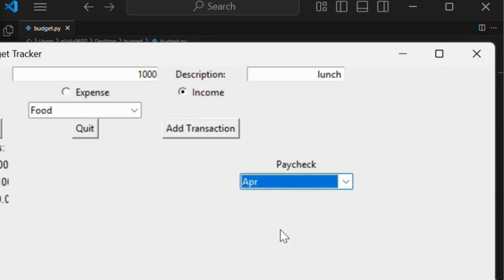And let's say the month is April. So we have $900 left after our $100 lunch break. And after we're done with the calculator, we press